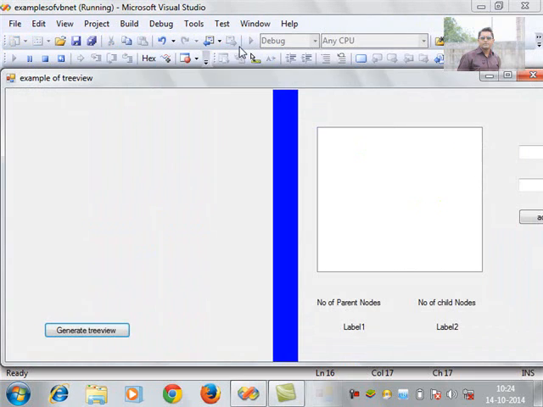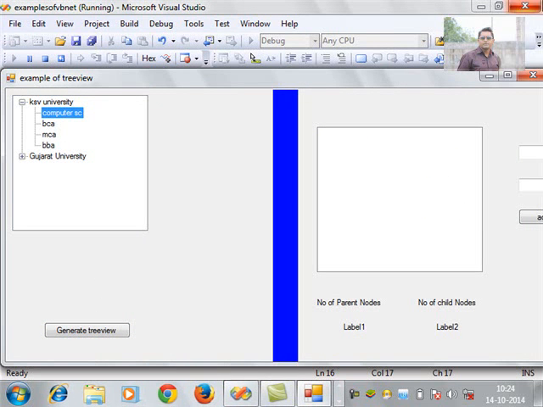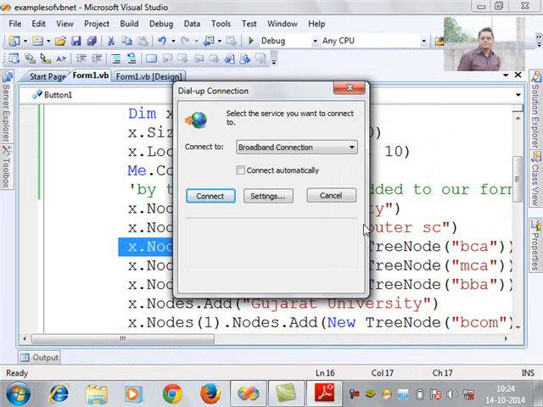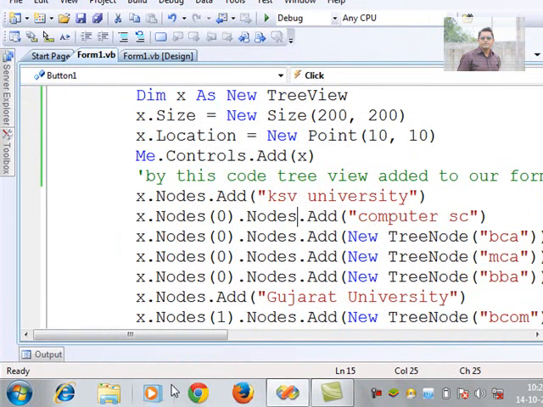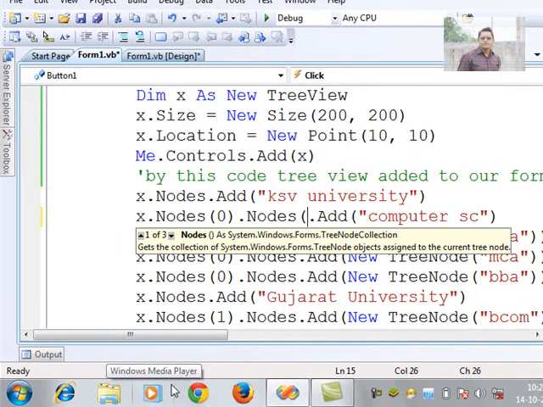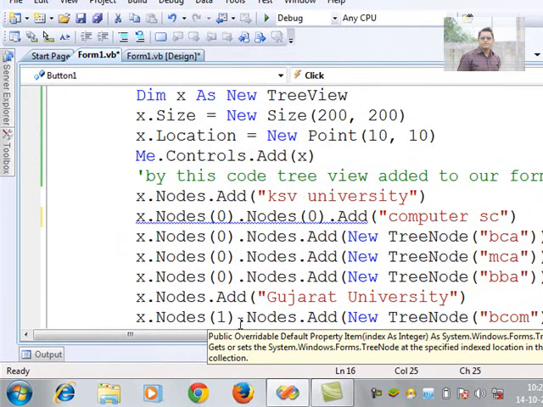run, generate parent node. In computer science I want to make it a parent. When I open computer science, under computer science I will show BCA, MCA, BBA, these are the degrees. So how can we proceed with this? So friends, for this we are saying Nodes of 0 dot Add, and here we are repeating